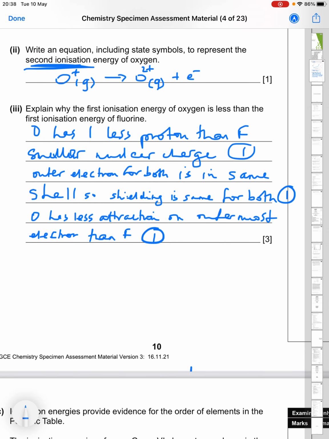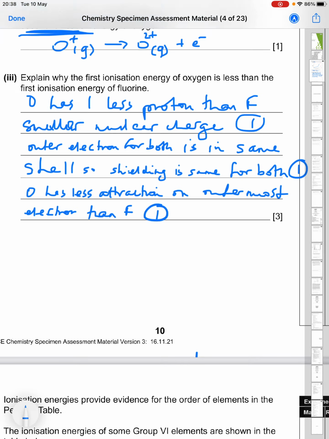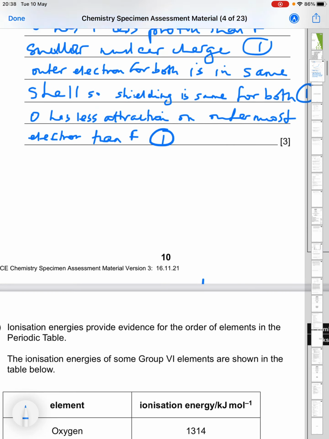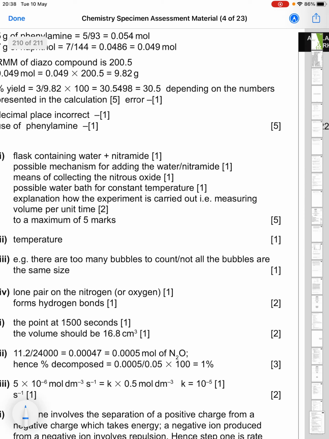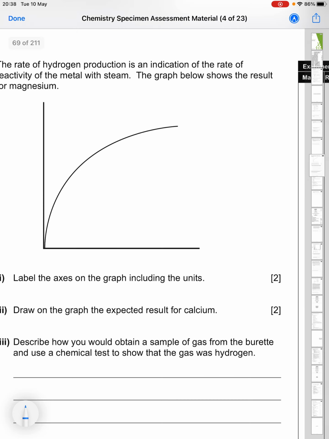So there's the same amount of shielding, but the fluorine has a bigger nuclear charge, it means that it's able to pull that outer electron more than the oxygen. Okay, and I've written it there from the point of view of oxygen having less protons than the